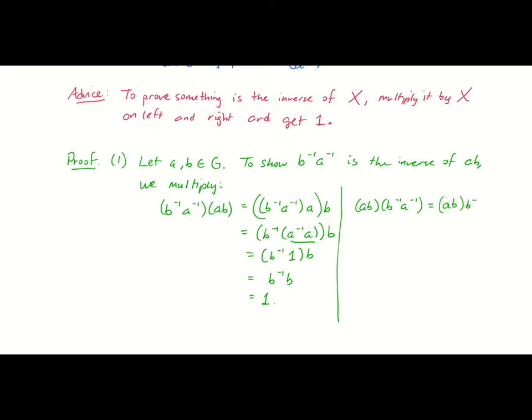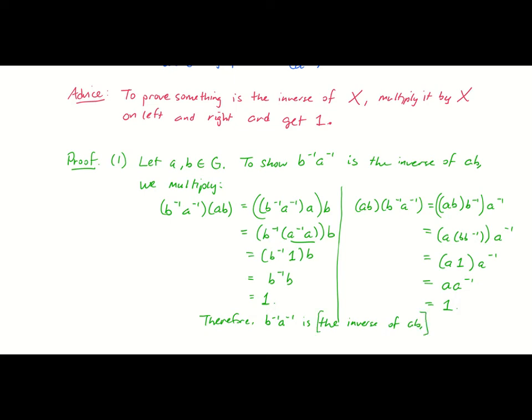So here I'm going to reassociate so that I have AB times B inverse all in one operation there, and then associate again so that I have B and B inverse together. Now that gives me the identity there because B inverse is the inverse element of B, and that's what that means. A times the identity is just A, and then A times A inverse is 1. So all of this means, I can say, therefore, B inverse A inverse is the inverse of AB. Okay, and I'm putting this in brackets, so the next thing I write is not ambiguous. It's the inverse of AB, which means it is